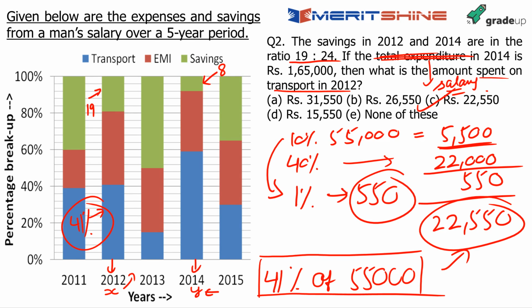What you could have done directly here, only for those of you who can just see through it, tell me afterwards if this is again very complicated. Just an observation, this is the correct answer, all of you got it, I'm happy with that. Look at this ratio, 2012 and 14, this is 19 and 24. Look at this 19, here also this is same as 19, this is 24 and here it is 8. Now if you can understand this, otherwise you can completely leave this part. This 19 remains 19, but this 24 here becomes 8. This only tells you that x is to y has to be 1:3.